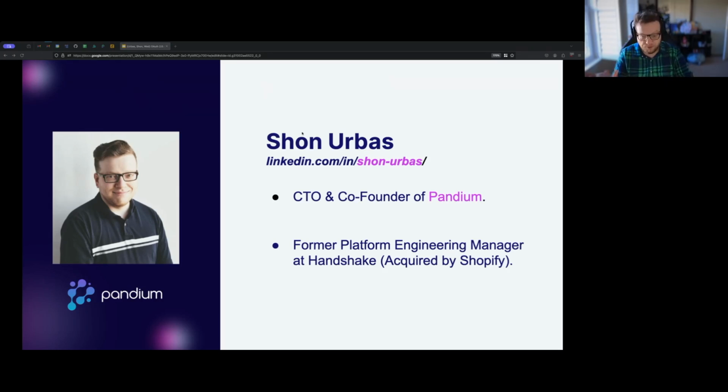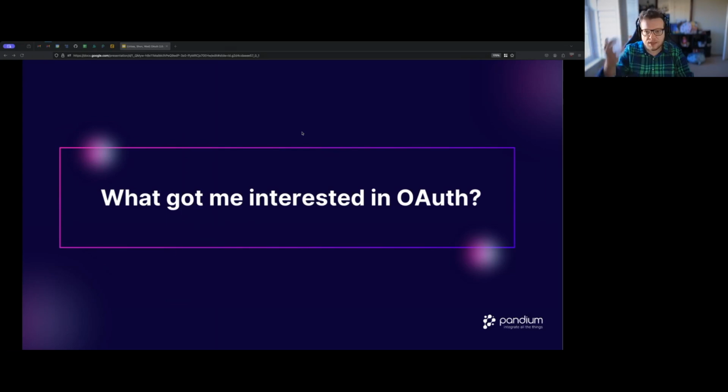And it was working for Pandium, building Pandium, that got me really into trying to understand OAuth 2. The big challenge for us is building a number of connectors; there are thousands of SaaS applications, and having connectivity with all of them is really important for an integration platform. So trying to understand OAuth 2 was really important. I wanted to understand the standard and then hopefully just roll out what was happening, but I wasn't seeing any patterns when we started to actually get there. And I was starting to wonder, is it me or is it something to do with OAuth? This led me to dig into the history, and hence this talk.